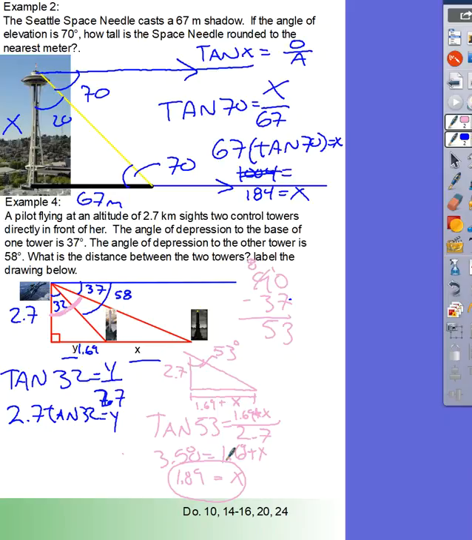And so the question is, what is the distance between the two towers? That's our x value. So it's 1.89 kilometers. Okay. So